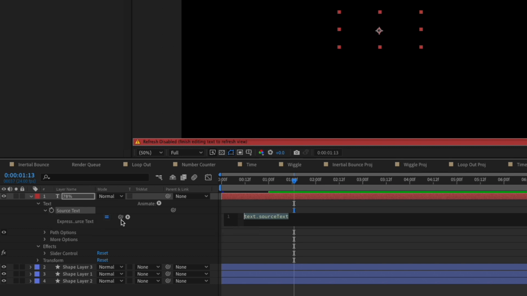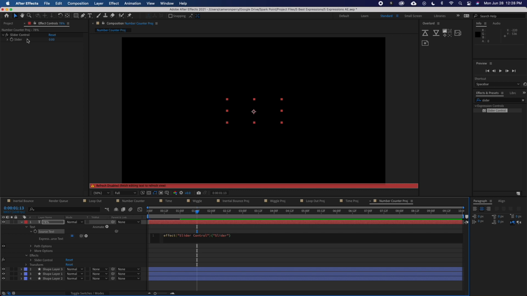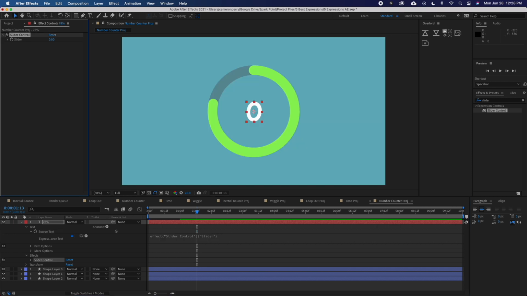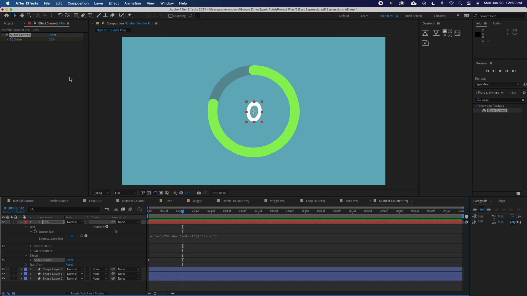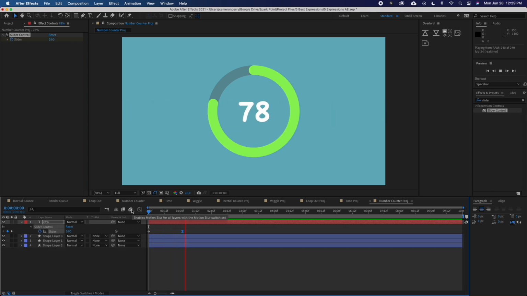I'll Option click the stopwatch, and you'll see that I've got a little pick whip tool here that pops up. I'm going to pick whip or parent this to our slider up in the Effects Editor. With those two linked, the text will reflect whatever number I've put into the slider. I'll keyframe this slider so that it goes from 0 to 78. And now if I play this back, you'll see that it does count up to 78, but we've got some